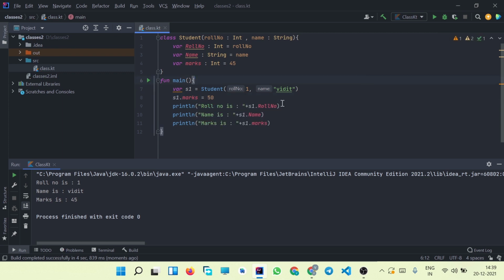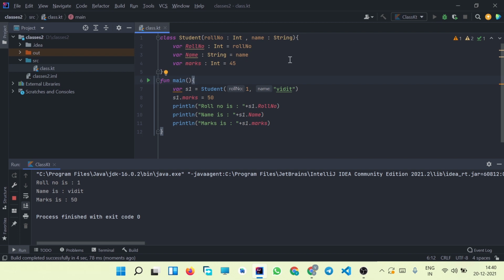Since the value has been updated to 50, the output is going to be 50, and we will not have 45 printed in the terminal. So let us print and see what is the output. You can see the value has been updated and has now become 50.